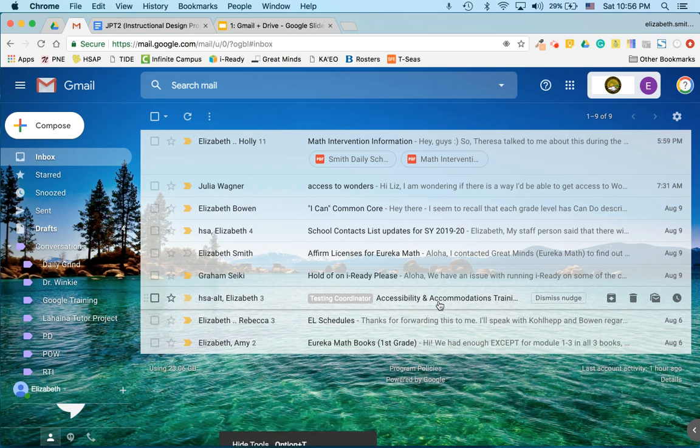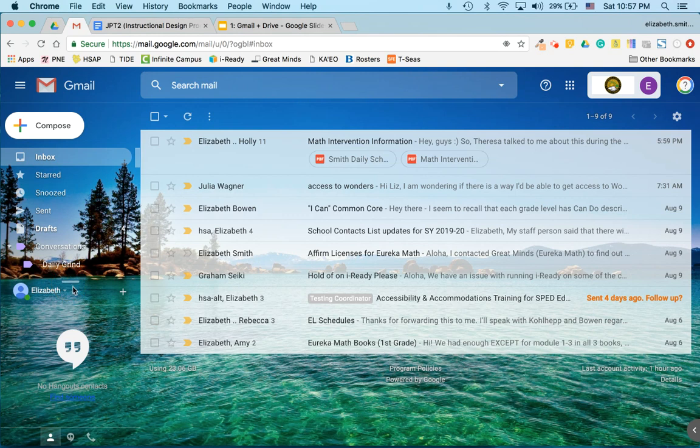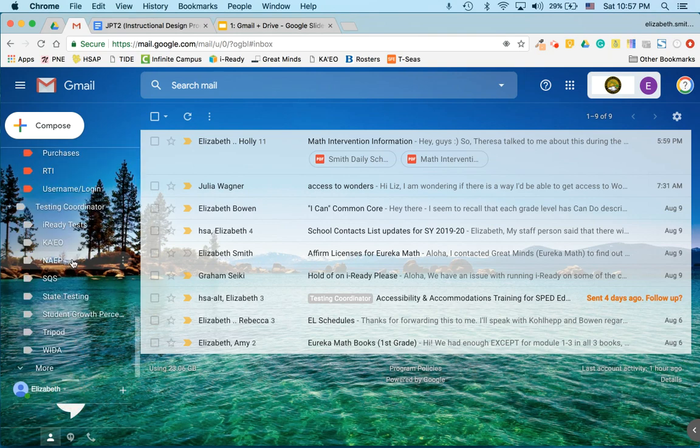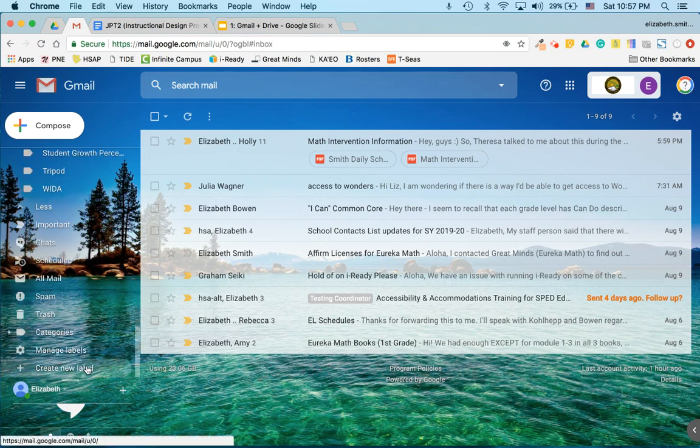Okay, so now that we know how to send and receive messages and attach screenshots and all of that goodness, now we need to organize our actual Gmail system. So go ahead, if this is raised up, which is very possible, find that little gray line there, click on it and drag it down so that you can see more of your folders, and then scroll all the way down, go to where it says more, scroll all the way down again and create a new